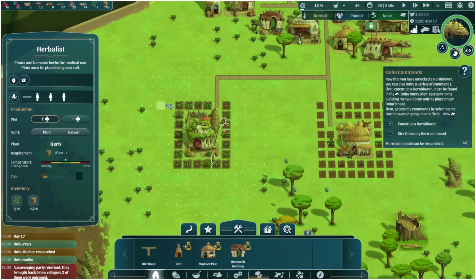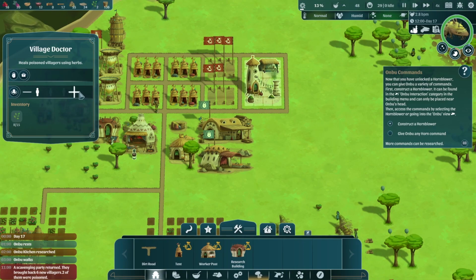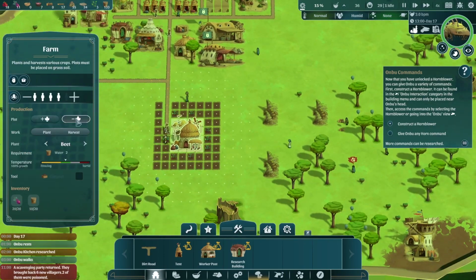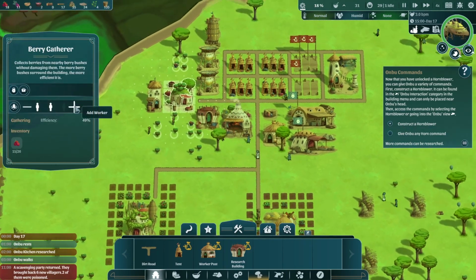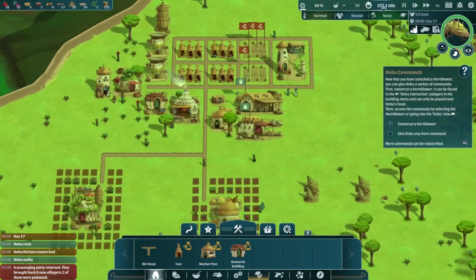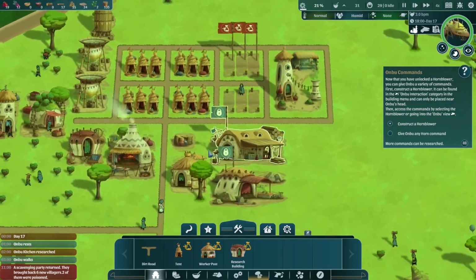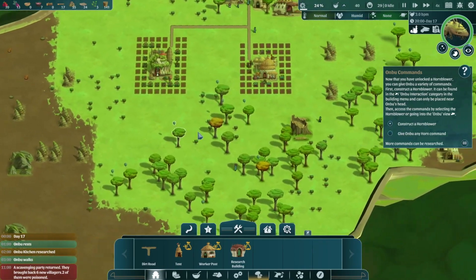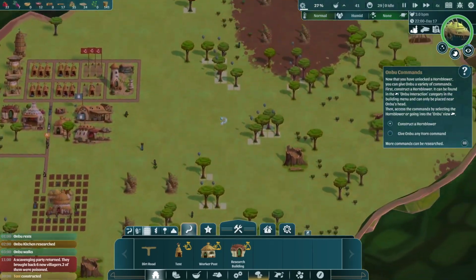Let's expand our herbalist even further. Get another doctor. And we'll do some more farming. Excellent. And more berry gathering. And we only have 3 people unemployed, which is okay. And we should have houses for everybody shortly, as we're building more homes. Everybody else who's not employed will just harvest logs, but they'll just do it at a little bit of a